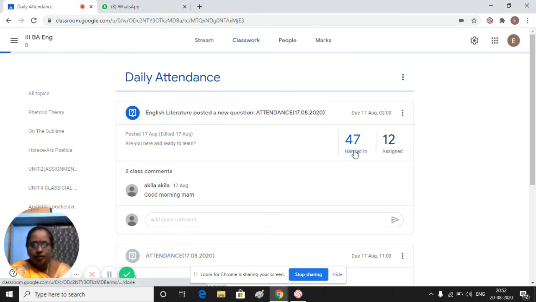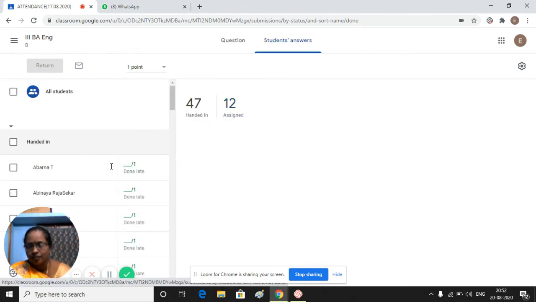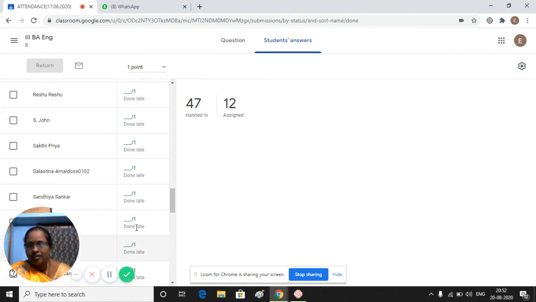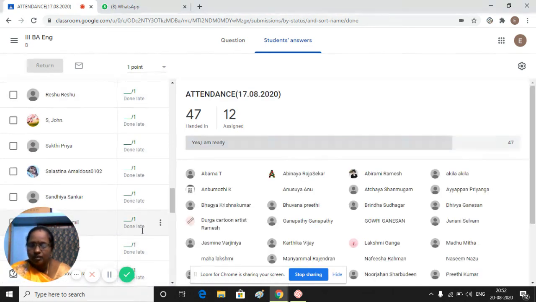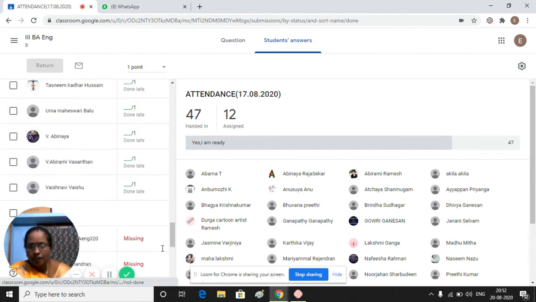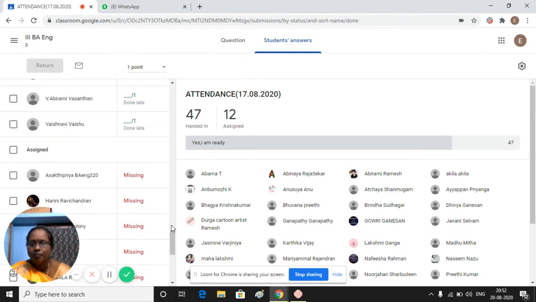So if you look at the 47, who are they? The 47 handed in attendance, and their names are here. Whether they did it at the correct time, they did it late. All the students did late attendance because of the first day. The next classes they gave perfectly.